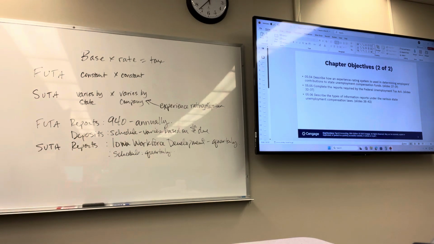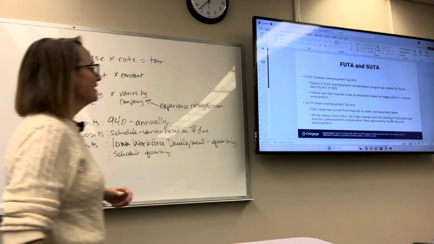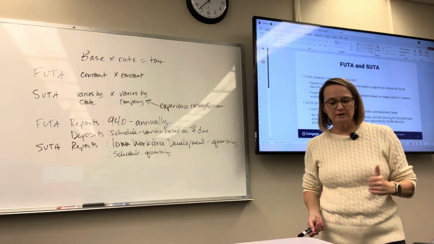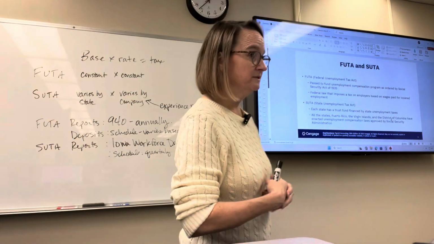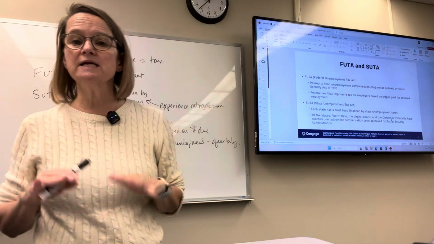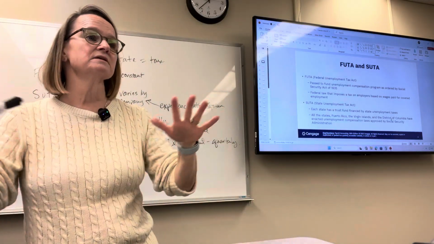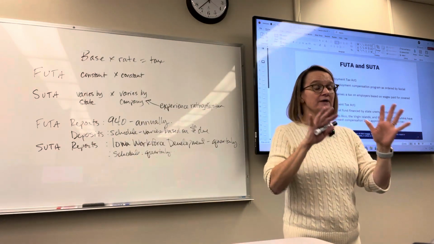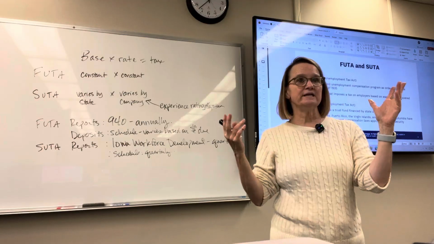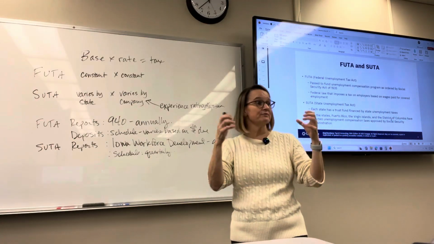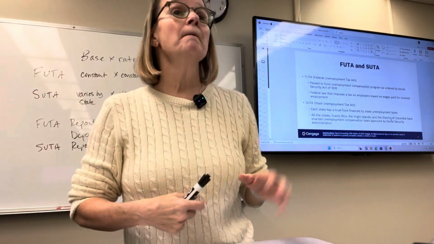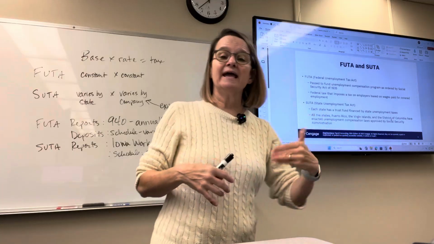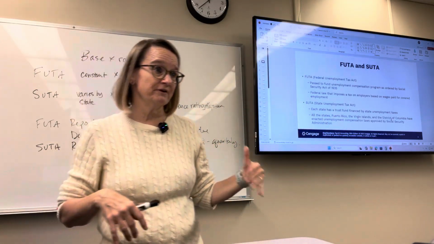Okay, so why are we collecting these taxes? The taxes that are collected for federal unemployment obviously go to the federal government. The federal government oversees all of the state unemployment agencies, and they approve the unemployment systems in each of those states. So the states put together their own unemployment tax system, but it has to be approved by the federal government, and it has to be administered by the federal government.